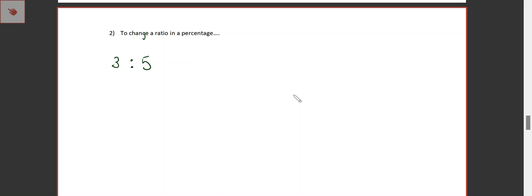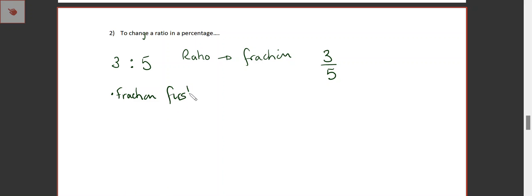To change a ratio into a percentage, you take the first two numbers, 3 and 5, in the ratio, and divide the first number by the second number of the ratio. So we could say ratio to fraction first. We can write 3 to 5. Fraction first. Step 1, I can say it like that. I'm giving you hints on how you can write this without a lot of writing. Step 2,